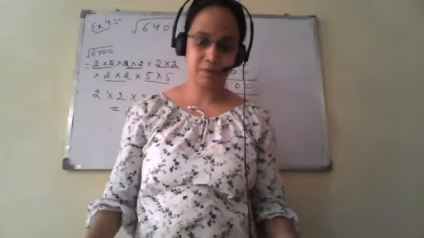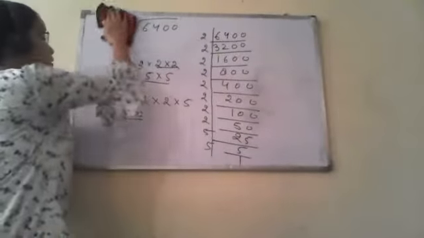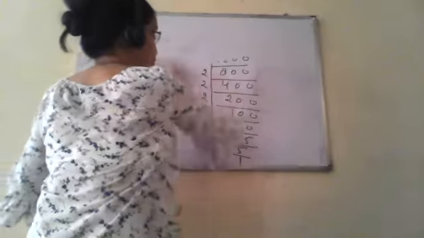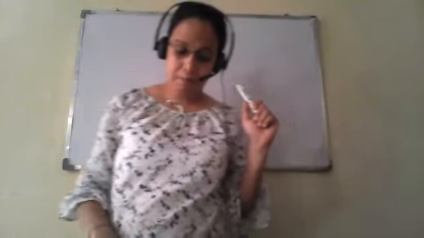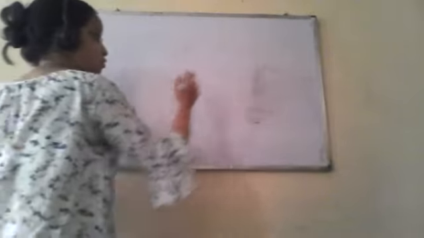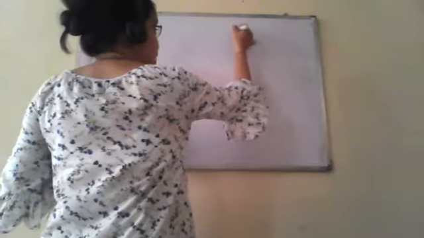So next example we have example 5. So what does example 5 say? Is 90 a perfect square? So first what we have to do is check whether this is a perfect square or not. So we will do the prime factorization.